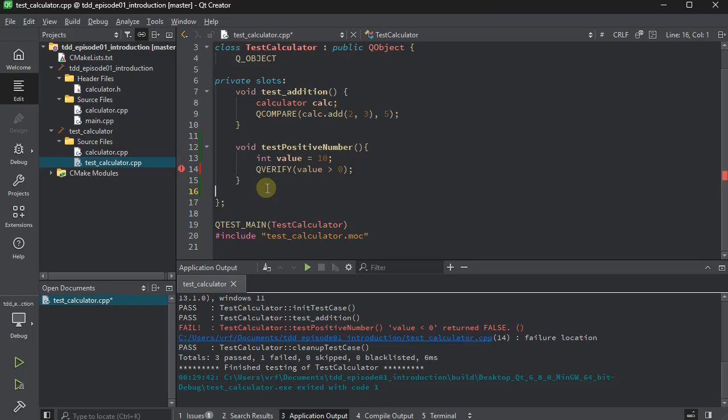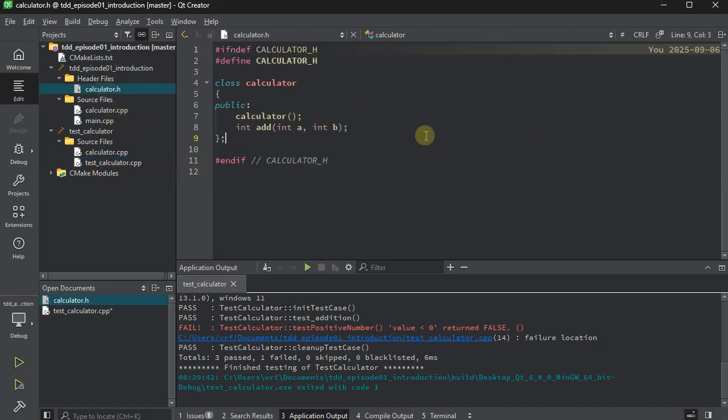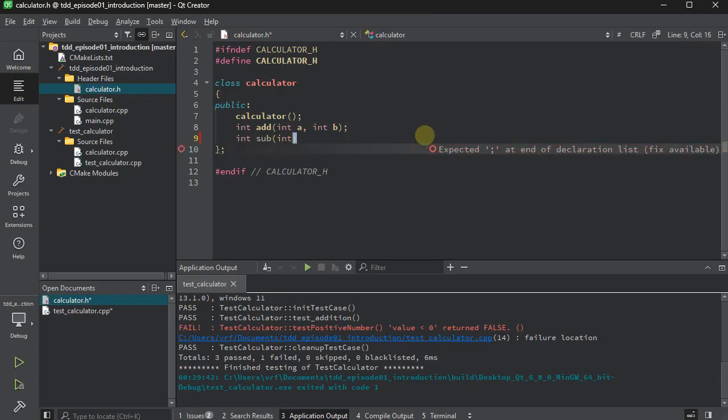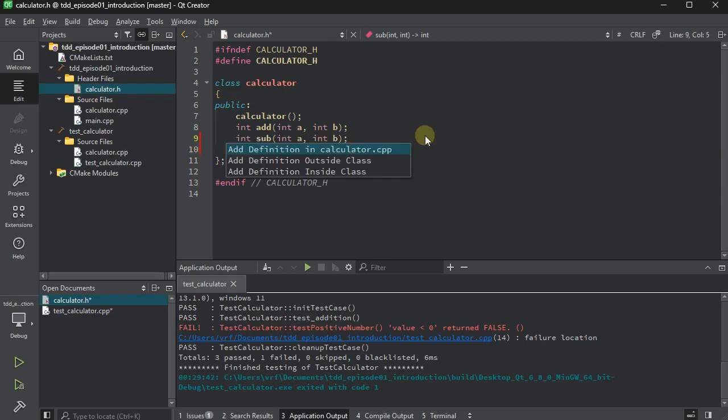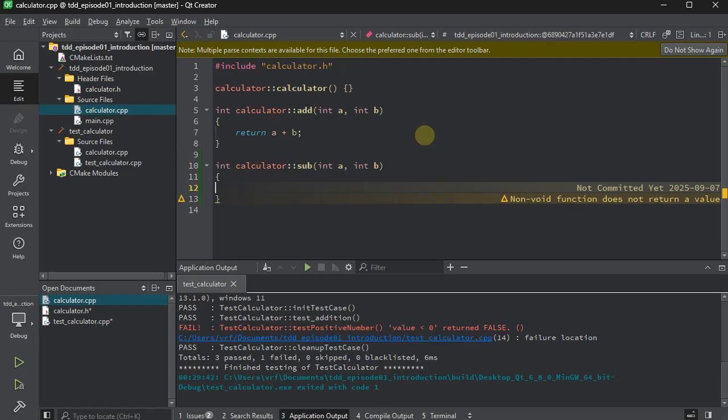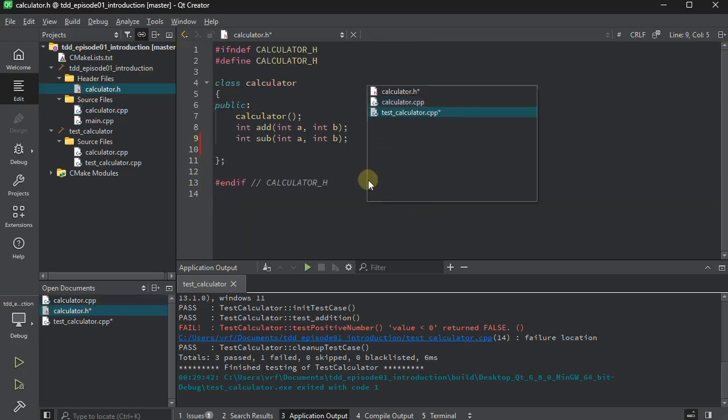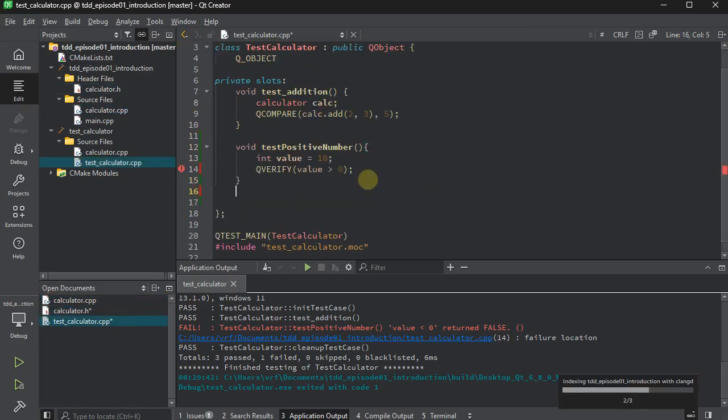Imagine that we are going to add subtract to calculator.h. So I'm going to create another method named sub, and it again receives 2 int parameters. And let's also implement it inside the calculator. It doesn't have any body, so we should be inside the ready state. I'm going to say void test sub,